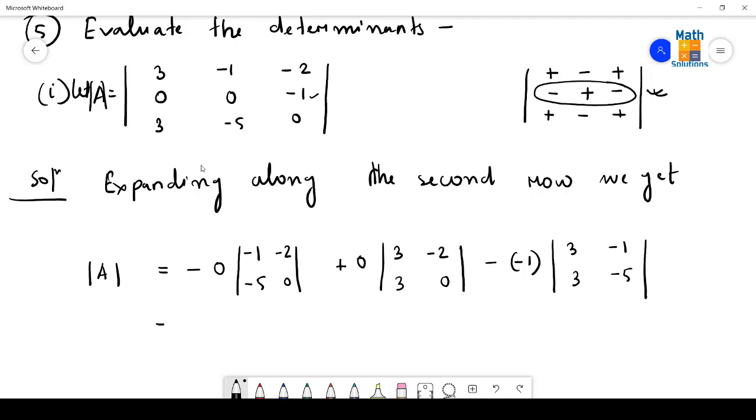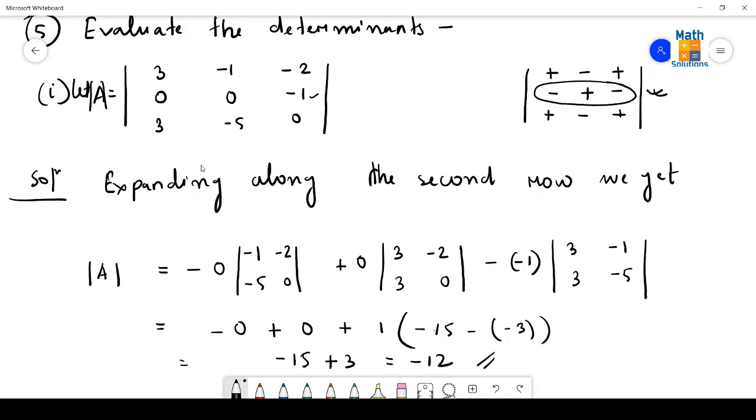So this is very clear that when anything is multiplied with 0, these terms will turn into 0 only. Then minus minus plus 1 should be multiplied with 3 into minus 5, means minus 15 will come here. Then minus 3, within the bracket I shall be getting minus 3. Since there is minus sign in between, I have to put here minus. Then once again it is minus 3. So the result will come as minus 15 plus 3. The result will be minus 12. And this is the answer for this question.